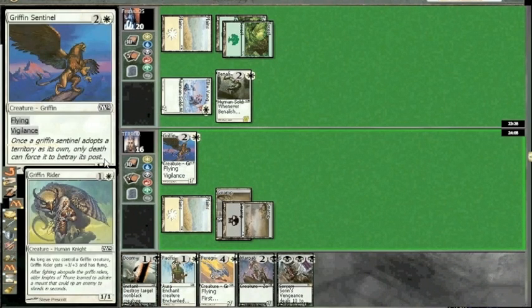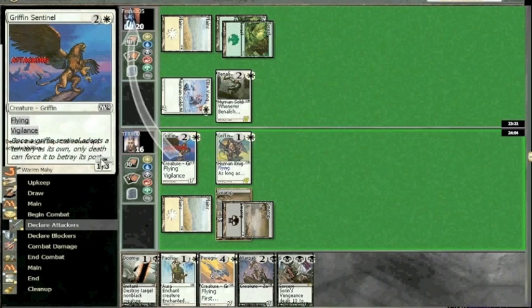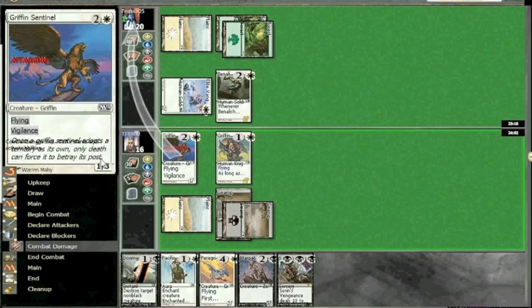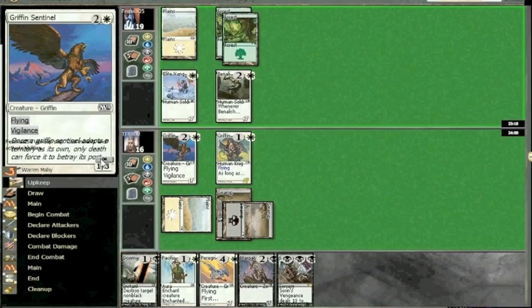This helps a lot, because I can outrace him at the moment. By race, I just mean I attack, he attacks, I attack, he attacks, blah blah blah. Once again, also when he does attack, I'm not going to block, because he's got to have that Titanic Growth